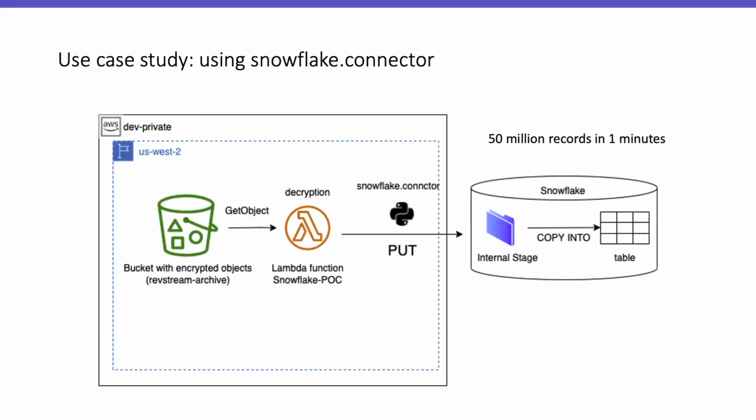In our second use case, our client uses their own library to encrypt the files. To decrypt the file properly and send it into Snowflake, we used an AWS Lambda function with snowflake.connector so that we can put the file into an internal stage and then manually trigger the pipe. As you can see here, after sending the CSV file into the internal stage, we can run the copy into command, which is much faster compared with an ordinary insert operation. In our scenario, we loaded a 50 megabyte CSV file, which is around 50 million records, into Snowflake in about 1 minute.